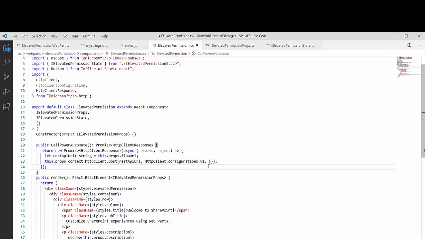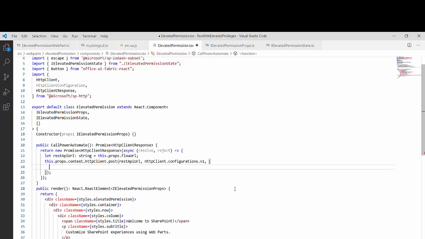So one of the parameters is done, configuration is done. Now we are left with the headers. Inside this, first one is the headers, as I told you. First is the accept header.